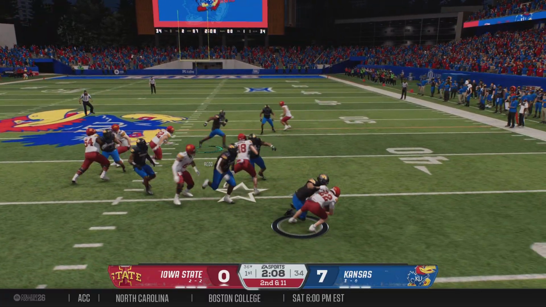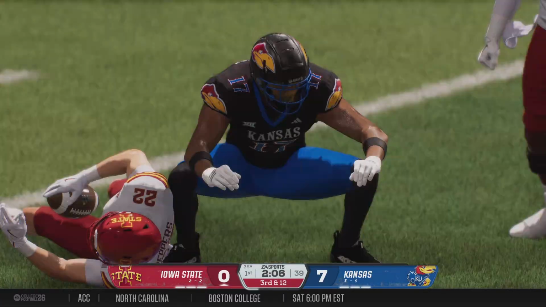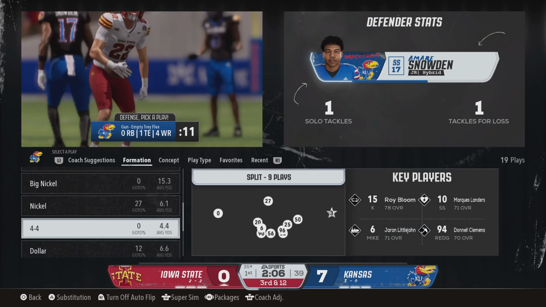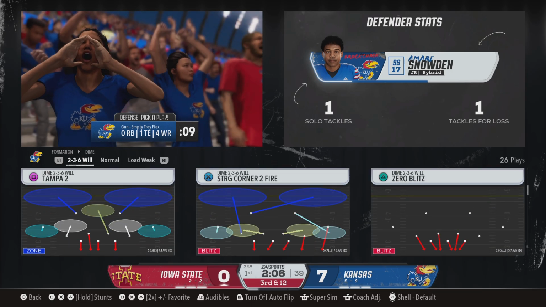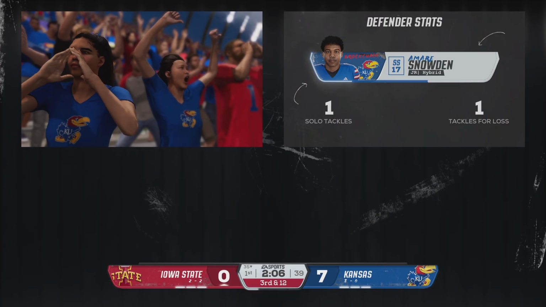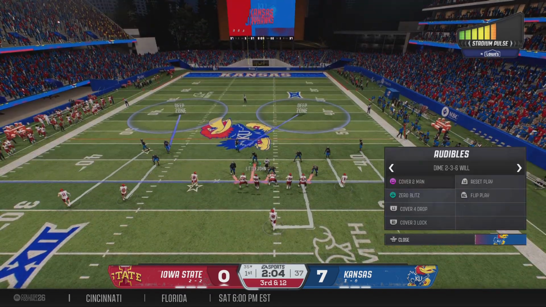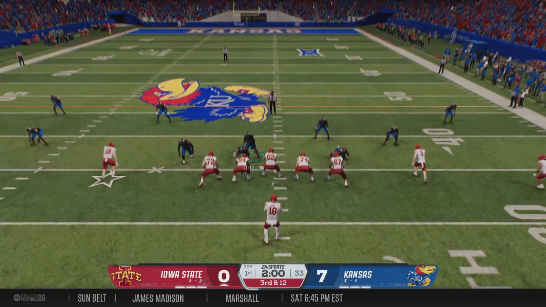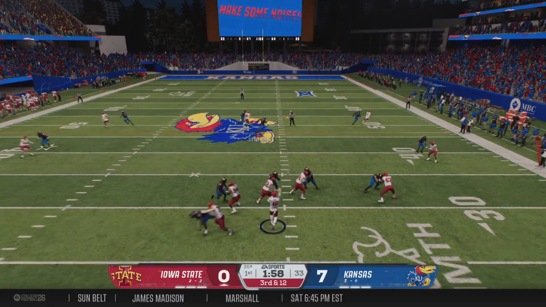Looking for a gap. It's Peppers. He's going to lose a yard on that one. And this is every defensive coordinator's dream, right? Watching your defense go out on 1st down, TFL, 2nd down, TFL. Now you set up 3rd and long. Everybody knows they're going to throw it, and your pass rushers can pin their ears back.